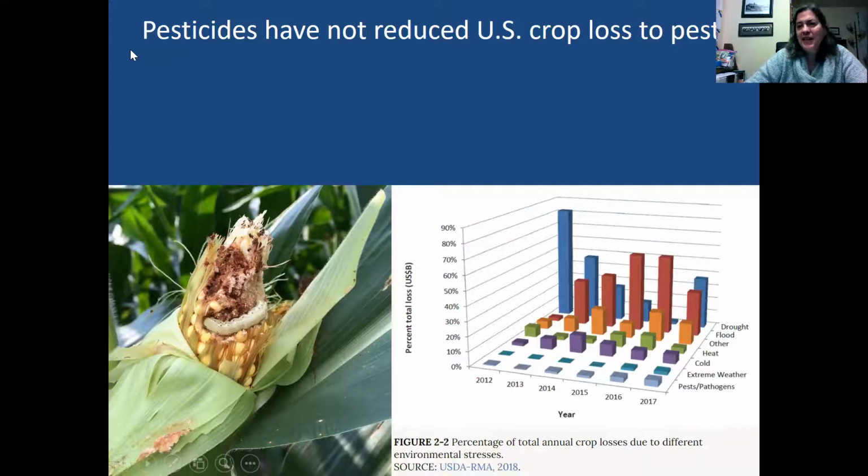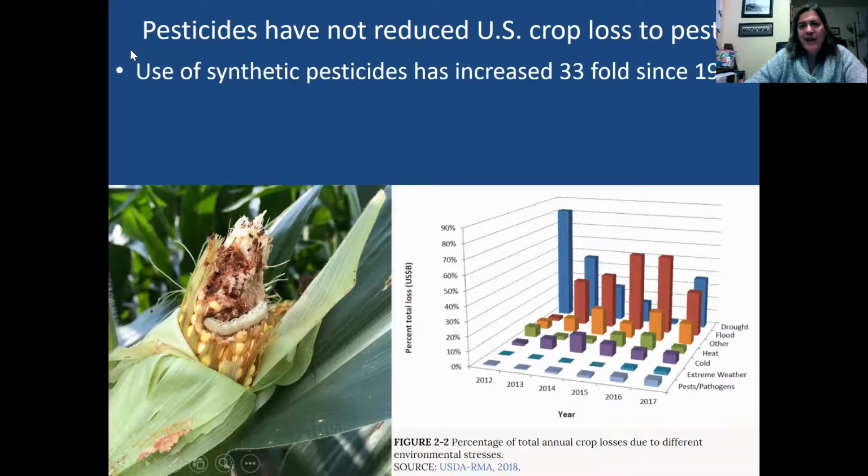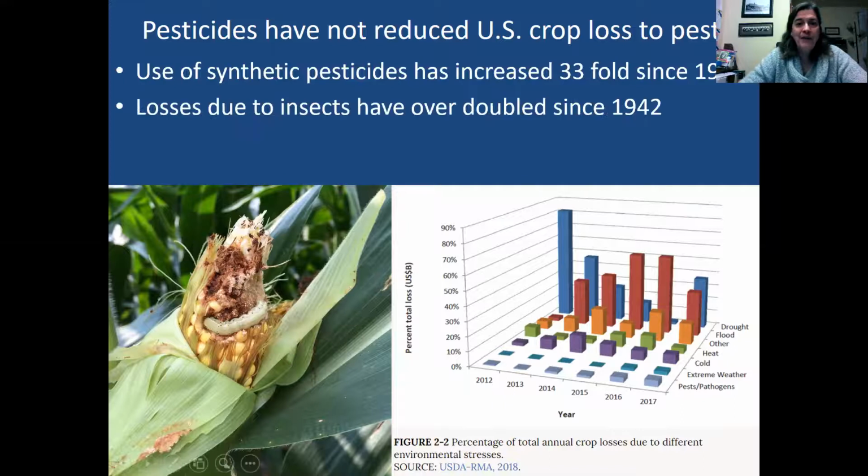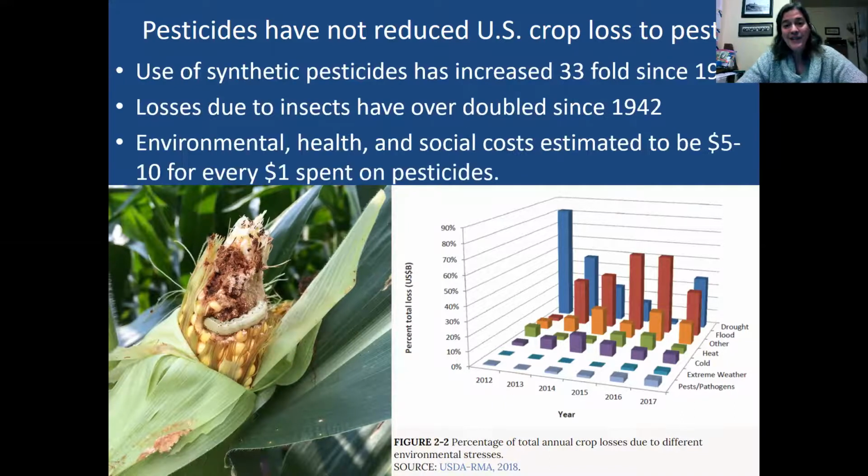So the problem is that, again, you get that pesticide treadmill thing, and we've increased our pesticides hugely since, what was it, 1942, since basically the Green Revolution started. However, our losses due to insects have doubled since 1942. And then the environmental and social costs, these numbers are hard to estimate, but I was looking for